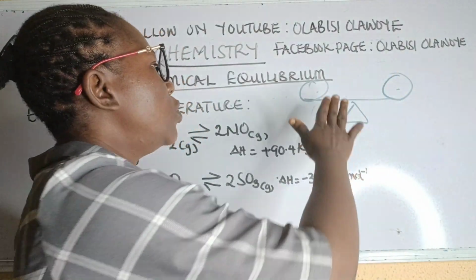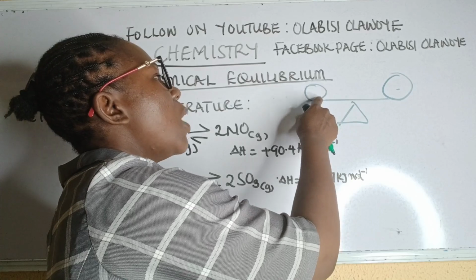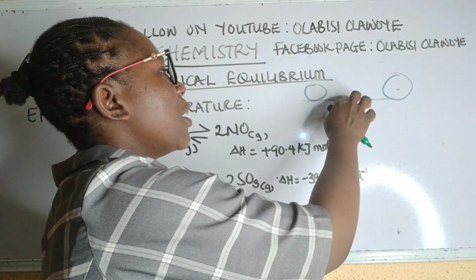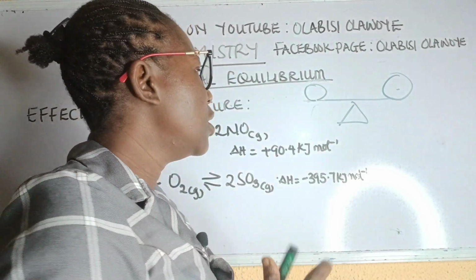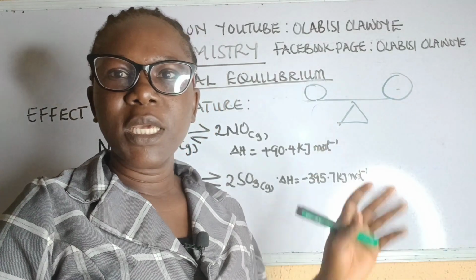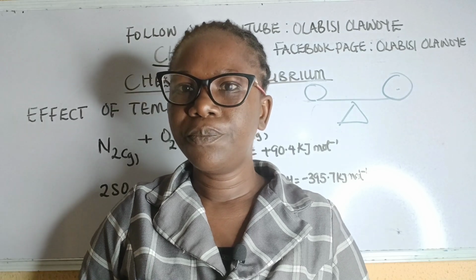But when one load is lower than the other one, the lower load will go up, this plank side will go up while this will go down. So in this case the plank is not yet balanced. So when we are now talking about chemical equilibrium